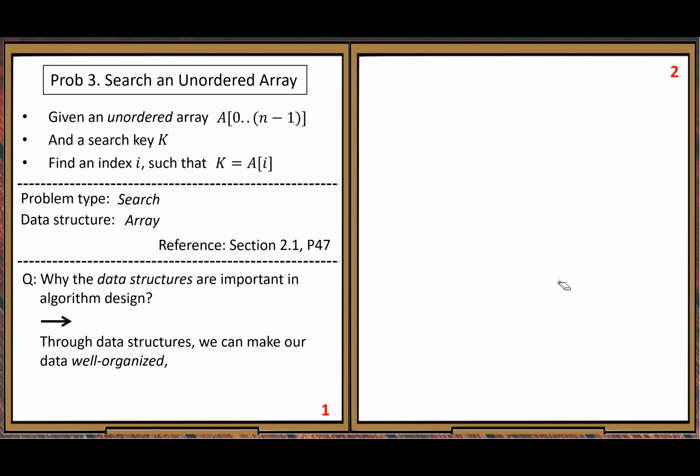We have options. If you like to organize your data, you need to pay some cost, some effort to organize the data. But after you organize the data, your data should have some desired properties so you can enjoy the good properties,